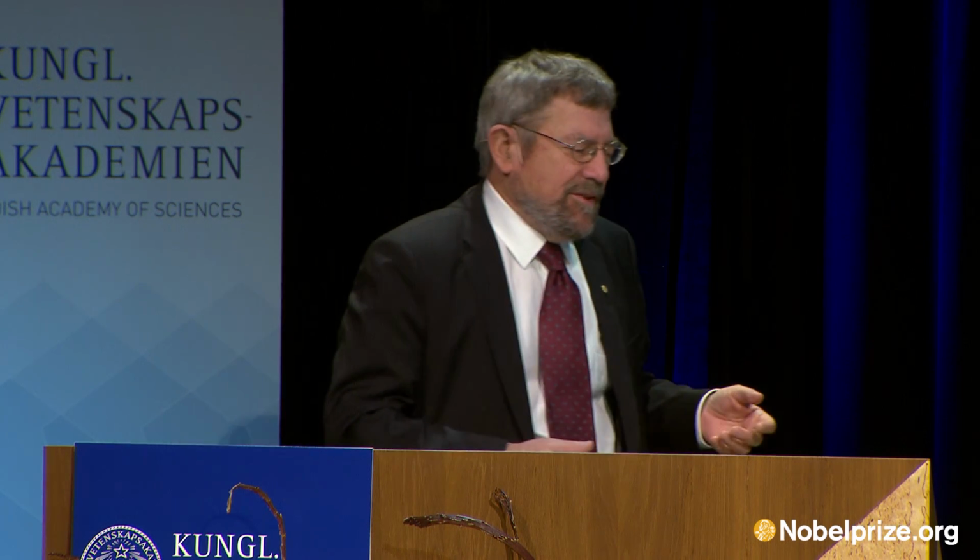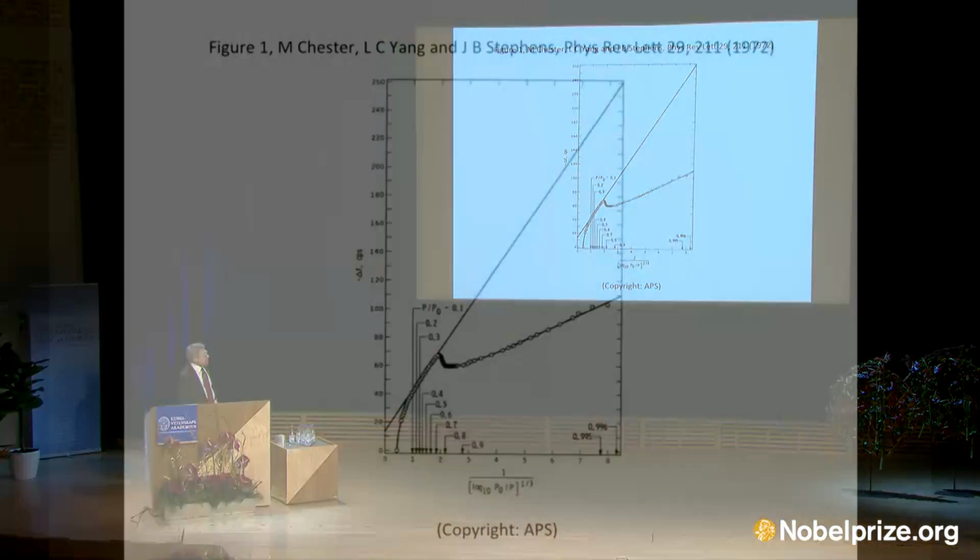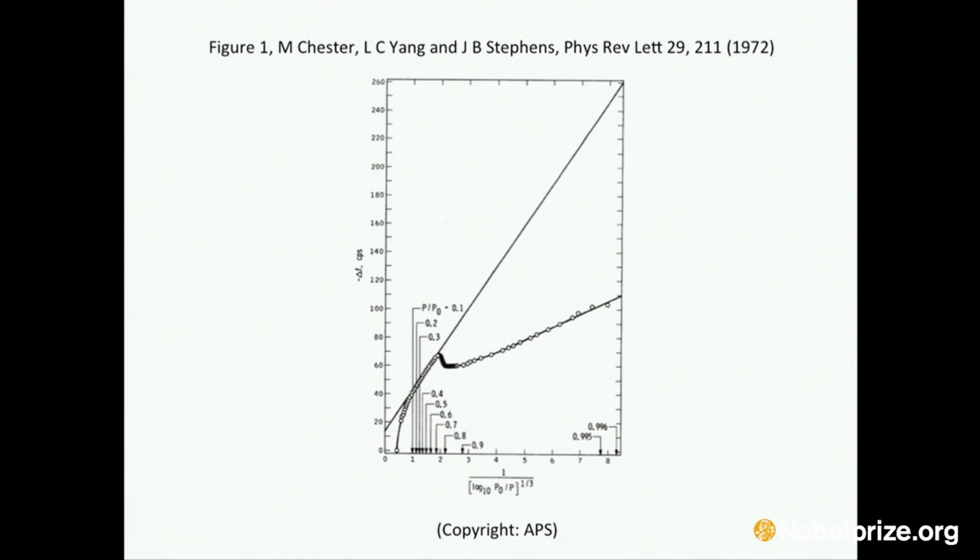Now, as you all should know, the resonant frequency of some vibrating object is inversely proportional to the mass. Because the mass increases, the resonant frequency decreases. That's all you need to know at this stage. And so they did a set of experiments. And the dots are the experimental results. The straight line